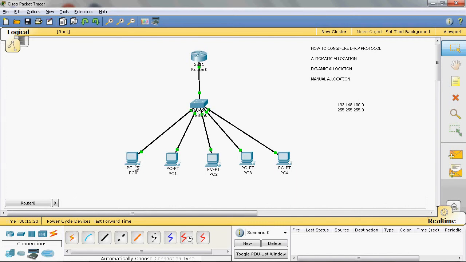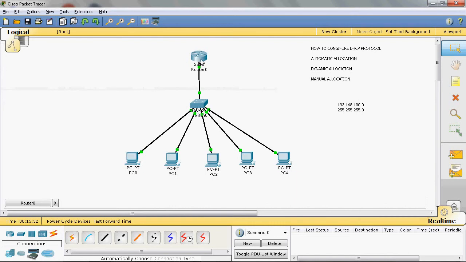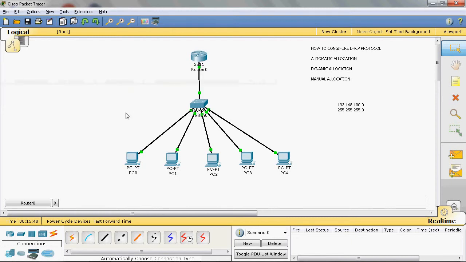PC0 is connected to the switch, and PC0 sends the DHCP message to router 0 for requesting the IP address. So now the router responds to the DHCP discover message through the DHCP offer message. In that offer message, it can optionally send its default gateway or subnet, etc. It is a unicast, sent through MAC address.